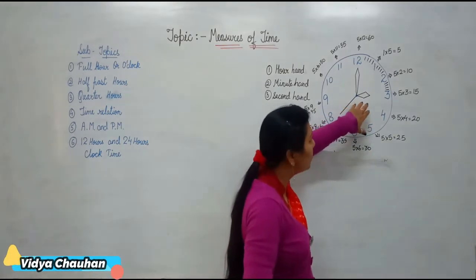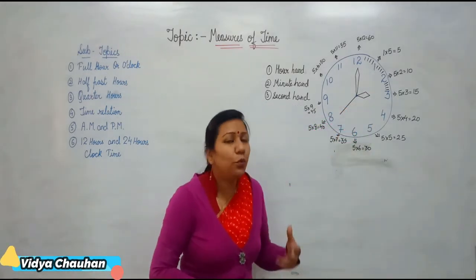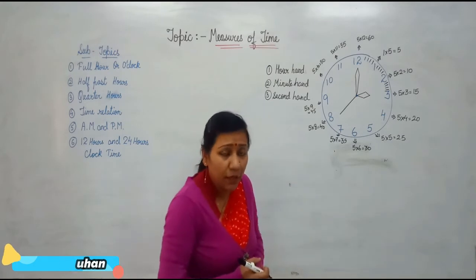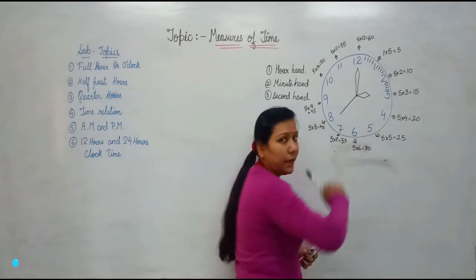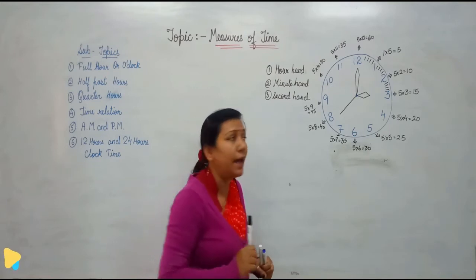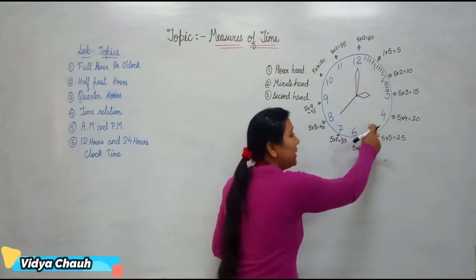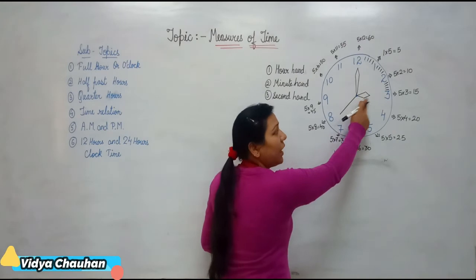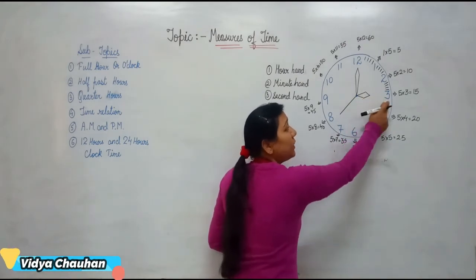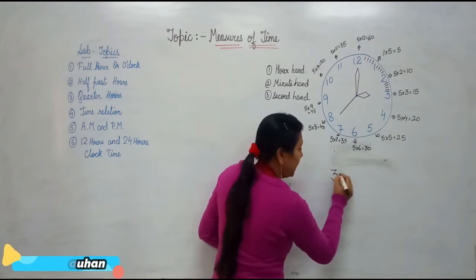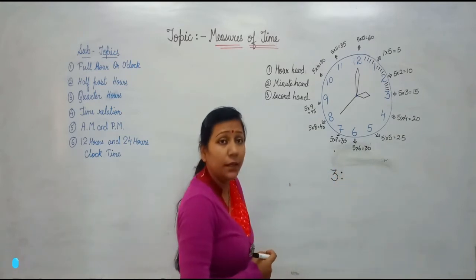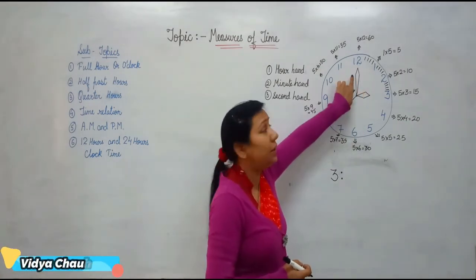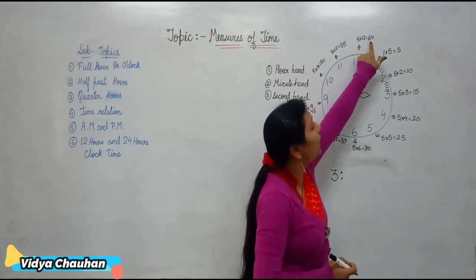Now to see the time, or to find out what time is there in the clock, we have to use both the values. When you are finding the value of the hour hand, that time you will see the values which are inside. That means if I have to find out this time, our hour hand is at 3, so I will find the value as 3. Then after that the minute hand is at 12, but I will not write it as 3:12. For the minute hand I will find the value which is outside.